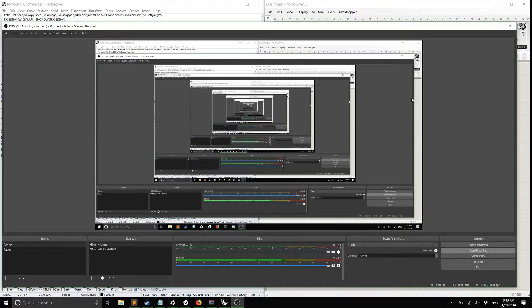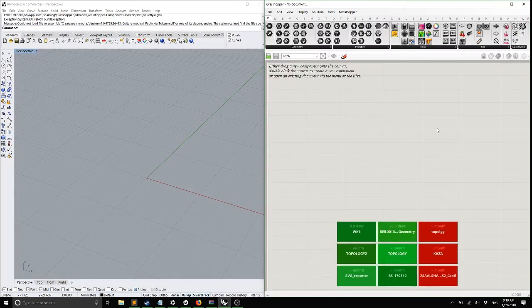Okay, so we are going to start. We're going to be making an attractor script. The idea of an attractor script is that we do not actually use the typical methods of defining variables in Grasshopper, which would be,